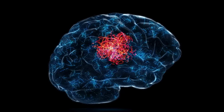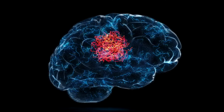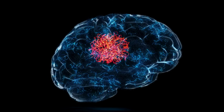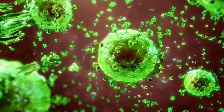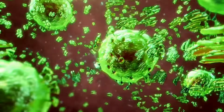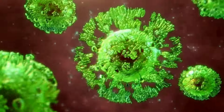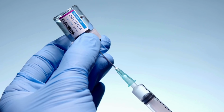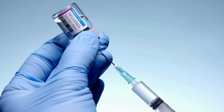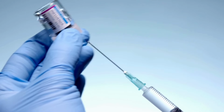One of the coolest things about the immune system is its memory. After fighting off an infection, the body keeps a record of the invader with memory cells. This means if the same pathogen attacks again, the immune system can respond even faster and more effectively. This is also how vaccines work. They train the immune system by introducing a harmless piece of the pathogen, so your body knows how to fight